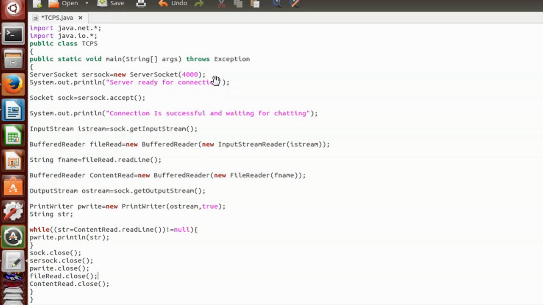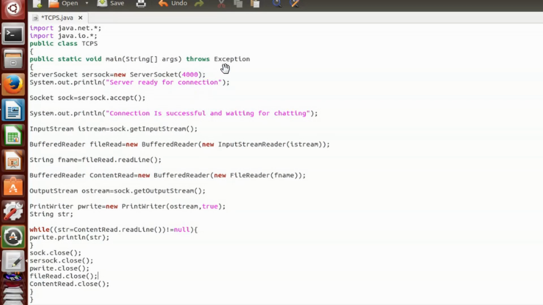Okay, so if it accepts, then what happens? It actually creates one more dedicated socket for that particular client. So if 10 clients are coming and contacting this server, all 10 will contact this server socket first, and later 10 different dedicated sockets for those clients will be created. Got it? Consider this like some hotel. This is a receptionist. For each client it will book a room. Those rooms are nothing but one dedicated socket. Okay, just an analogy.